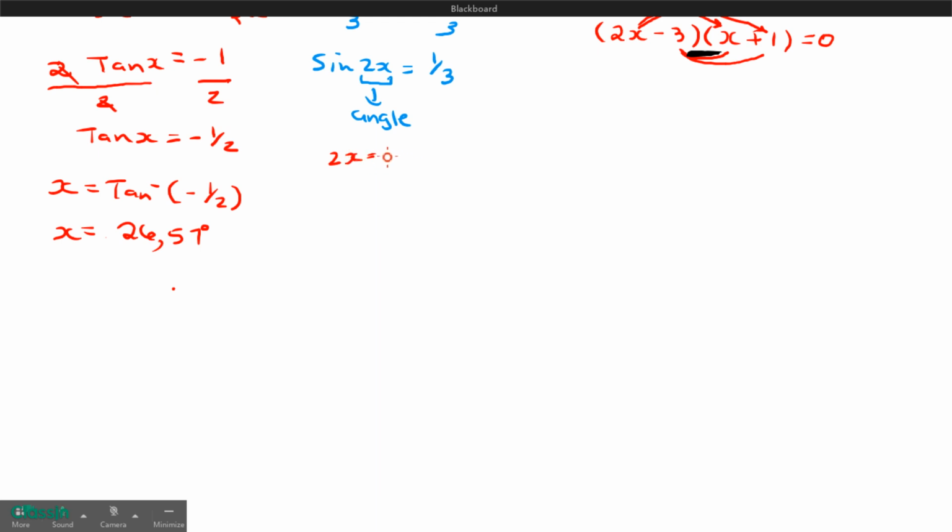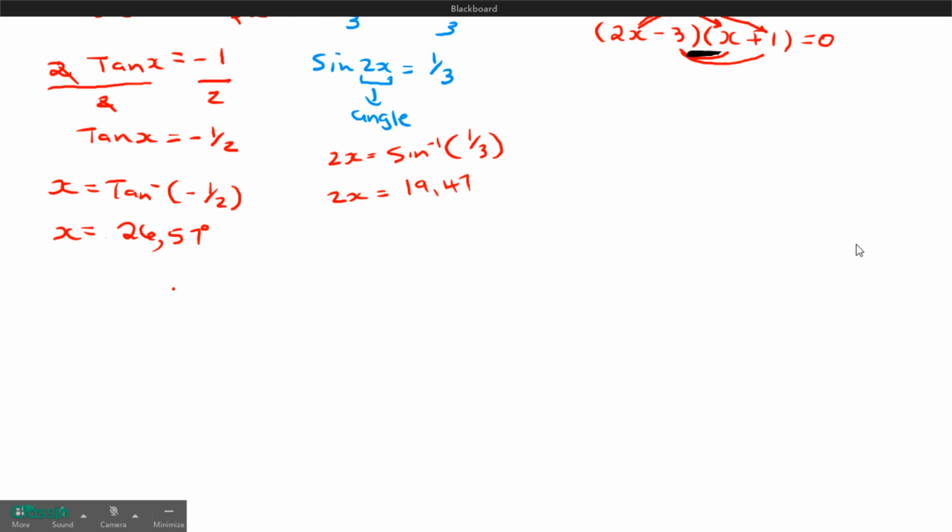And then this side we have 2x equals arcsine 1/3. Then when we say arcsine of 1/3, we get 19.47. So if we check here,